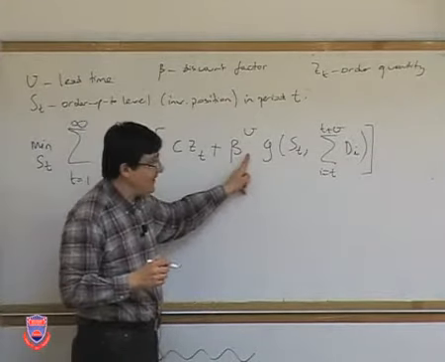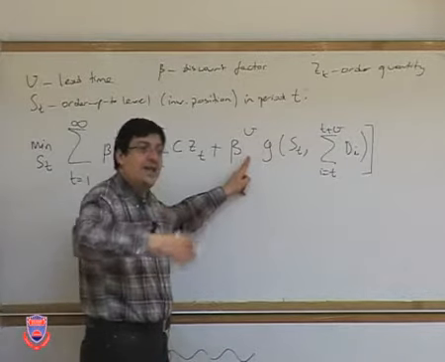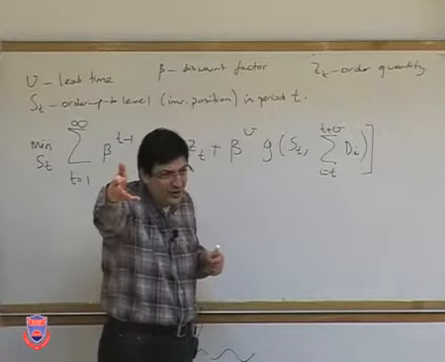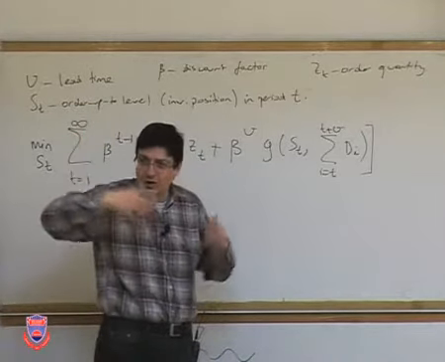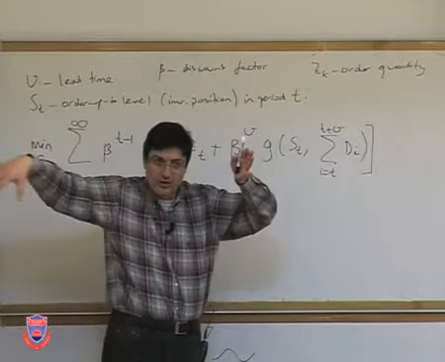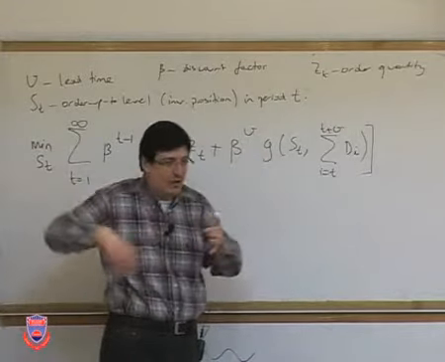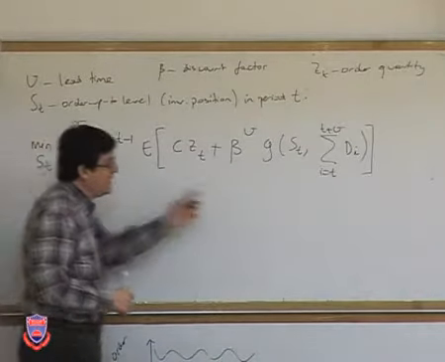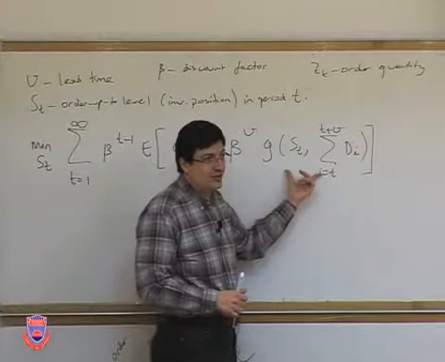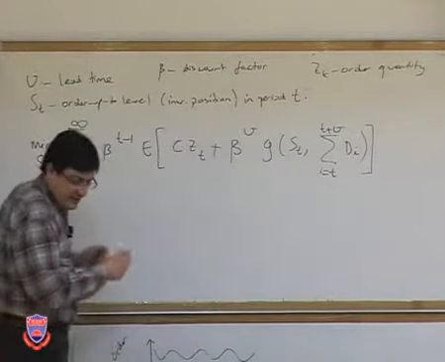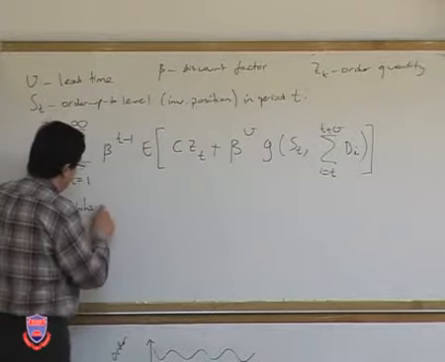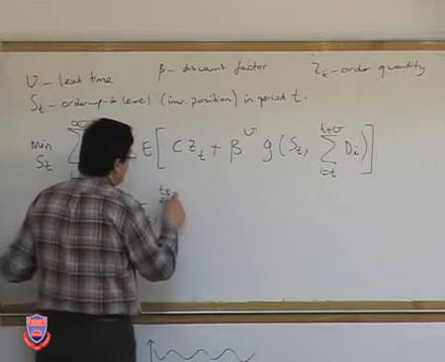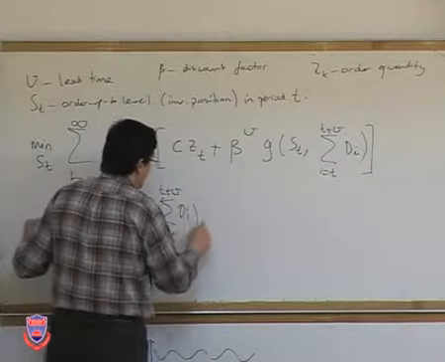And then I'm going to have the inventory holding and backorder costs, which are going to be incurred lead time periods later on. Lead time plus 1, actually. If you recall, that's the way that we were able to write the problem, because the other terms are not going to be affected. And we are going to do that for all the possible values of t. So this g function is actually the backorder and holding costs. And so let me write where g of st, summation I from t to t plus nu di, is simply